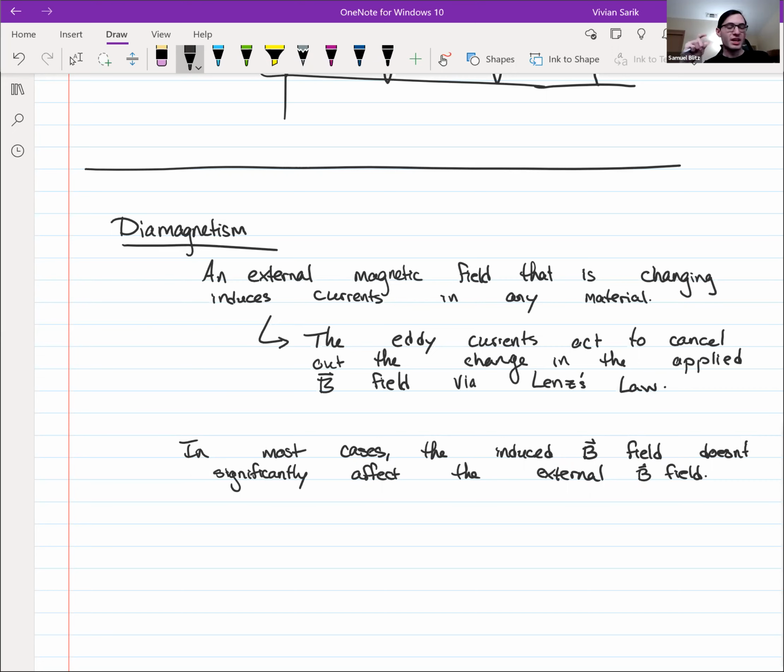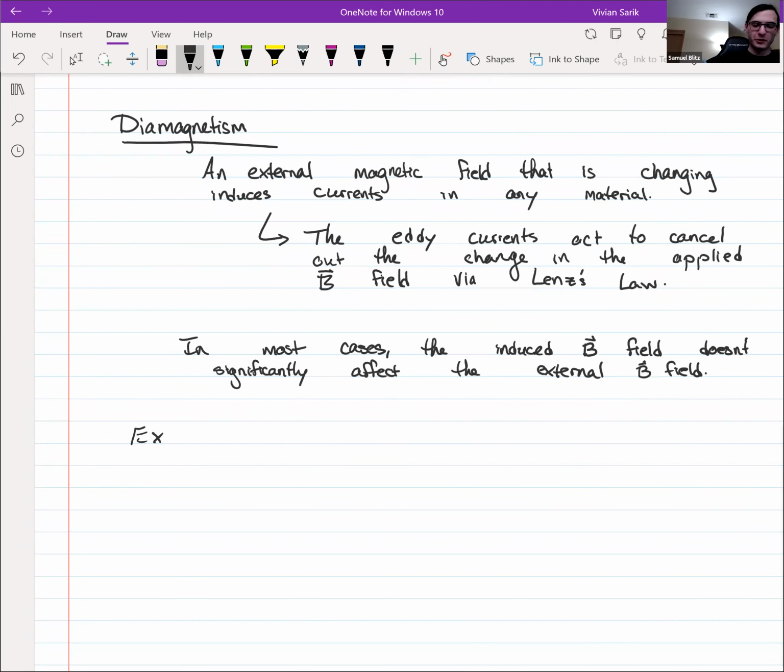And there's a very special case of conductors. So let's talk about superconductors. So in superconductors, which have no resistance, like actually zero,